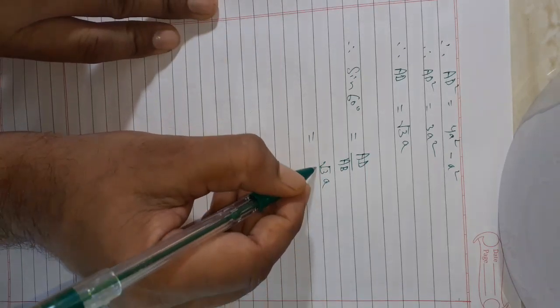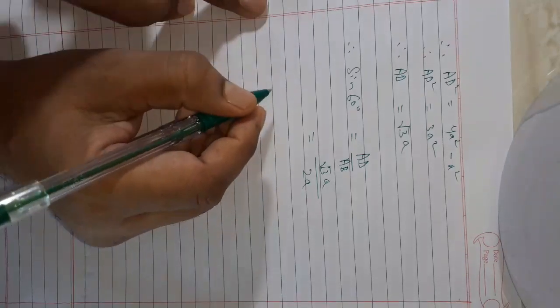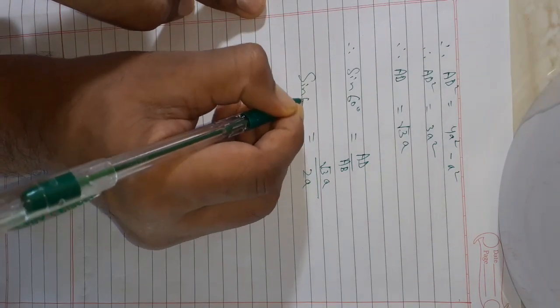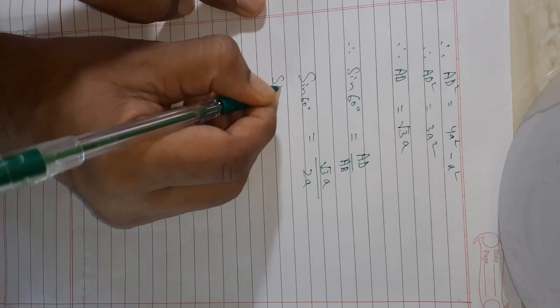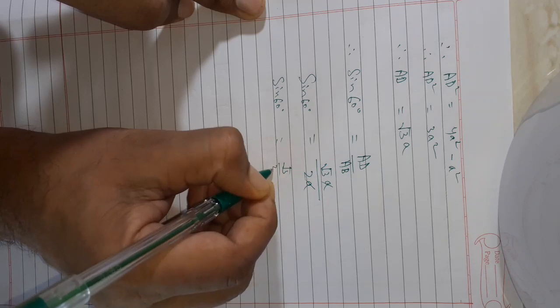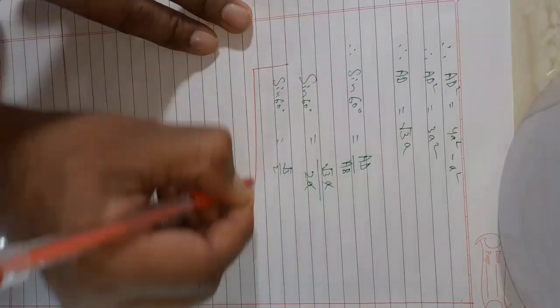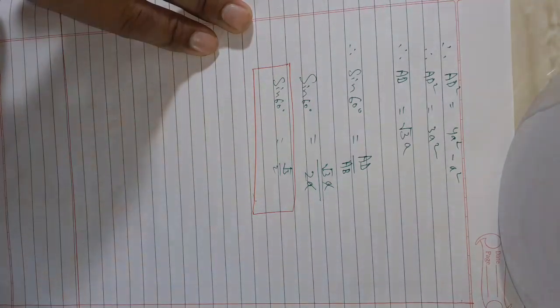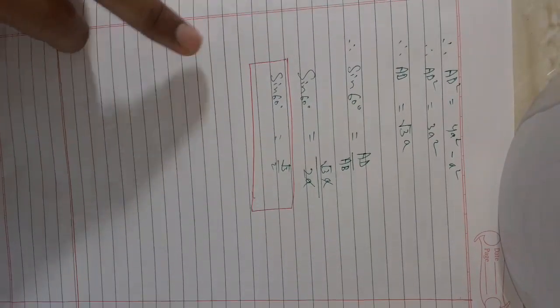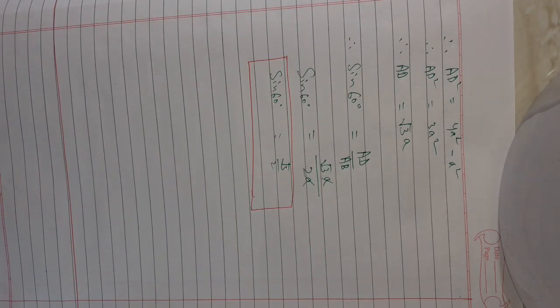So upon AB, what is AB? AB is 2a. So under root 3a upon 2a. Clear? Sin 60 degree is equal to what? A cancels, so you get under root 3 upon 2. Clear? This is the value of sin 60 degree. Without using a table, you found the value of sin 60 degree. So this was the question that you had to find by geometry, and you got it by geometry.